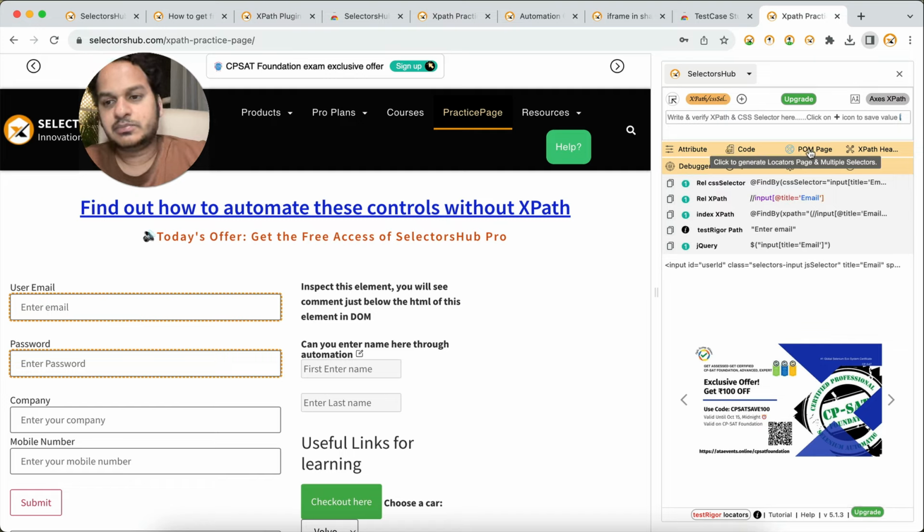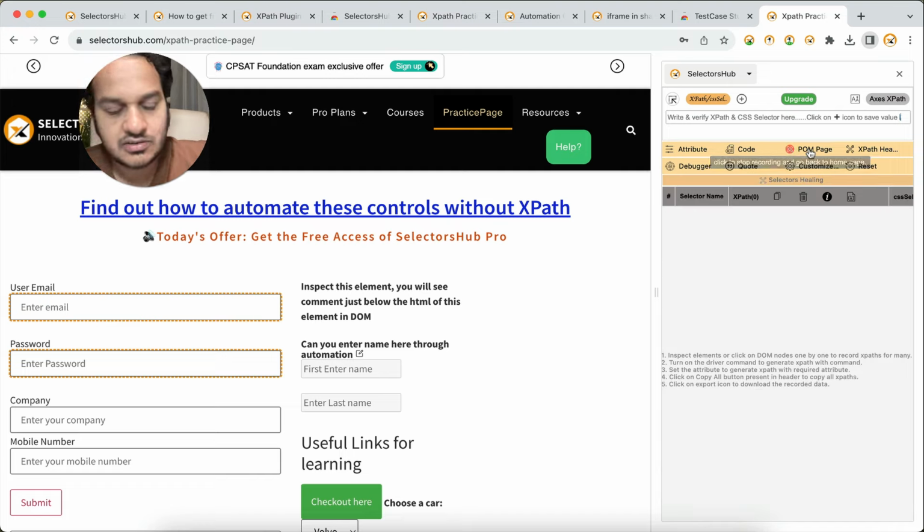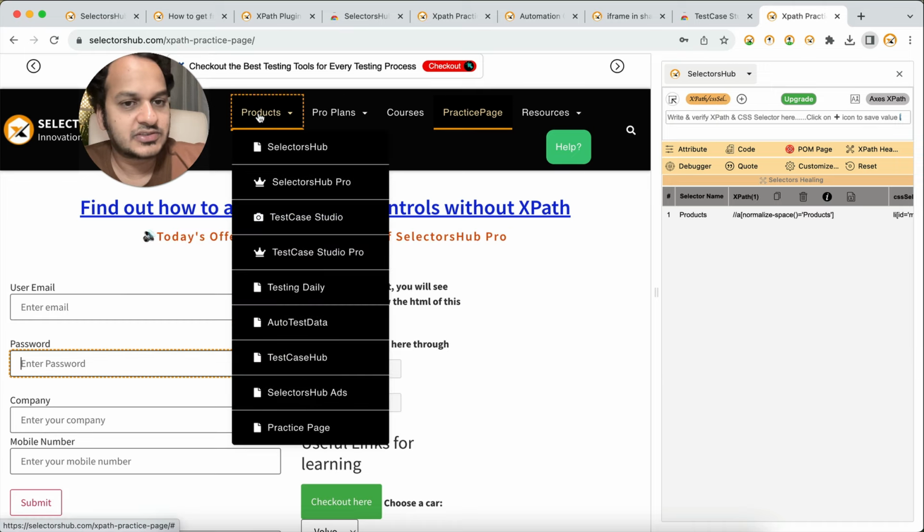Then we have the page object model. Suppose you want to generate XPath or CSS selector, or basically the locator page, for multiple elements along with the code. In that case, we have the page object model here,